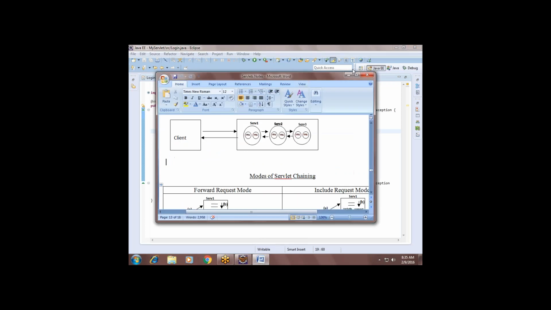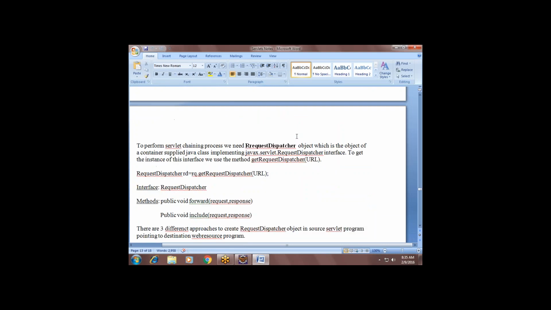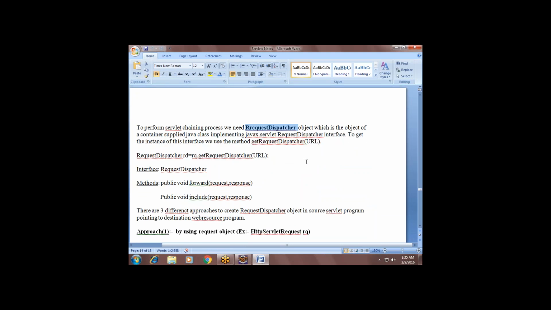And one more thing we should understand: how can we call one servlet from another servlet? There is an interface called RequestDispatcher, guys. We need to create an object for that, and we call the two methods as per requirement. There are two methods, forward method and include method. If you want the request to be dispatched to the second servlet, in forward method, use this particular way. If it is include method, you use this particular way. Done?